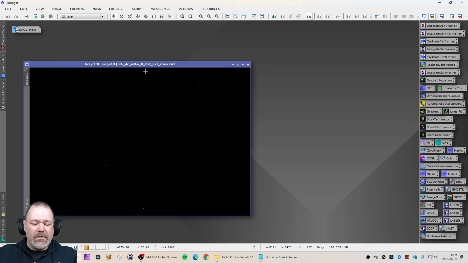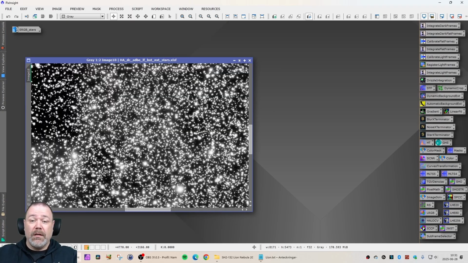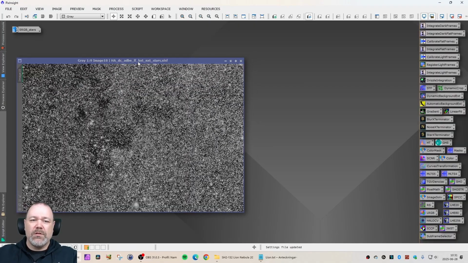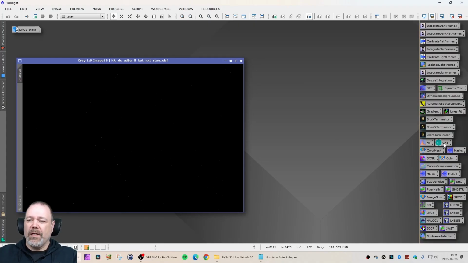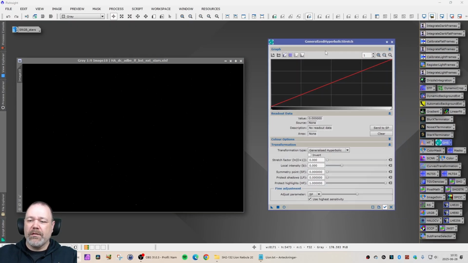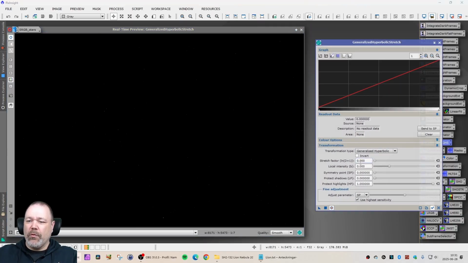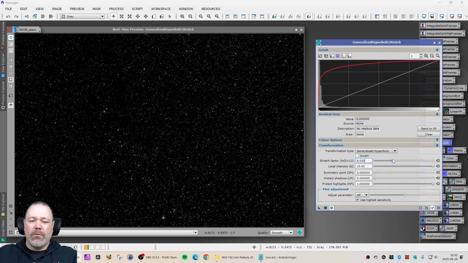This is the H-alpha stars. If I screen transfer those, you will see that, oh, this is not so great here. So I stretched these with generalized hyperbolic stretch, as I normally do for the stars here. And you can do that by opening up a preview, increasing the local intensity to 15 right away. You don't set any symmetry point for star stretching here. And then you can simply open up, increase the stretch factor here until you get to a point where you